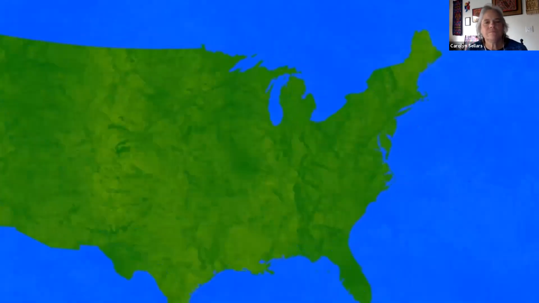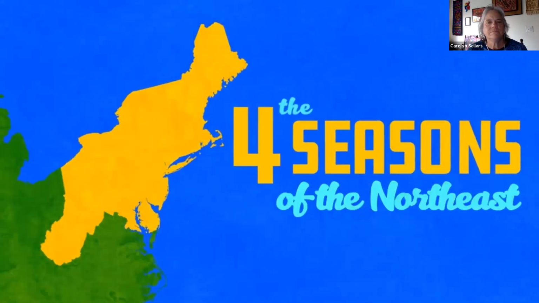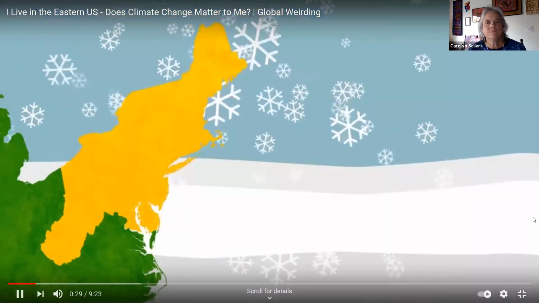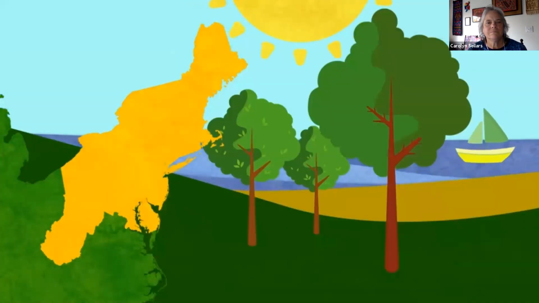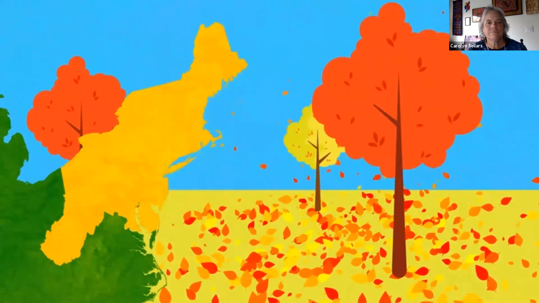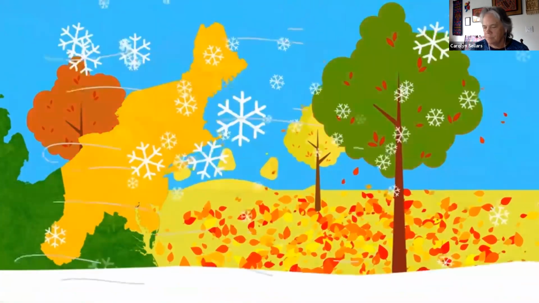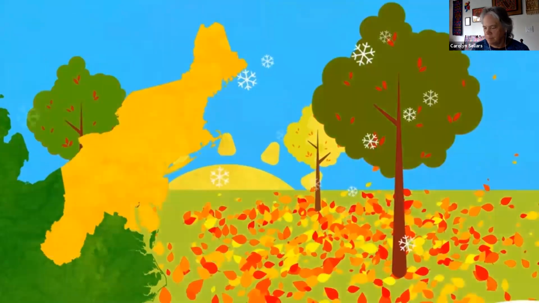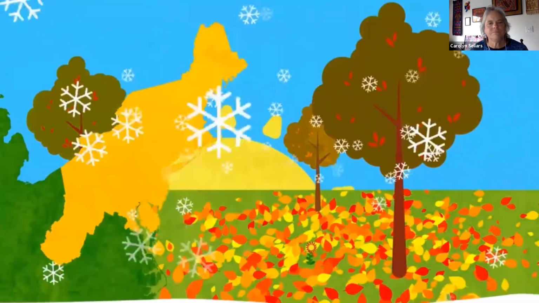If you live in New England or the Northeast, you're used to having 4 very distinct seasons: cold, snowy winters, blustery springs, green summers, and colorful falls. But we are already seeing these seasons start to become muddled. Winters are milder, spring is coming earlier, and warming temperatures are changing many of the very things that make the